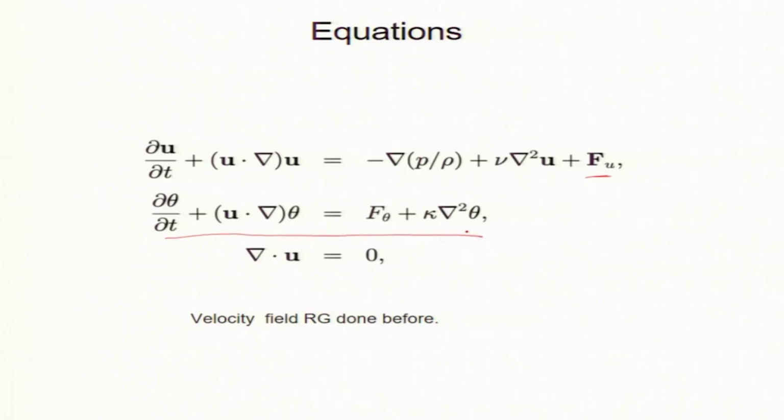Theta could be particle density, ink concentration in water, and this kappa is the diffusion coefficient for the scalar, which has the same dimension as nu, which is L squared by T, velocity times length, and F theta is a forcing to theta, which is only a function of, okay, it can be a function of u as well,